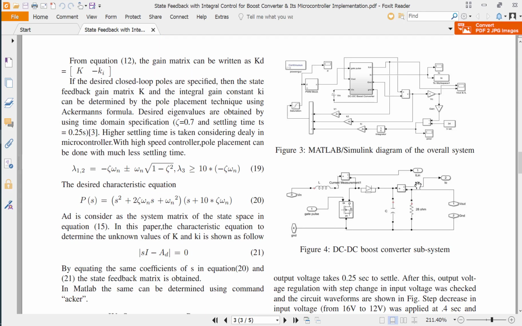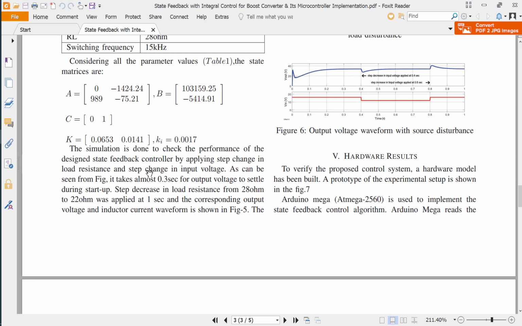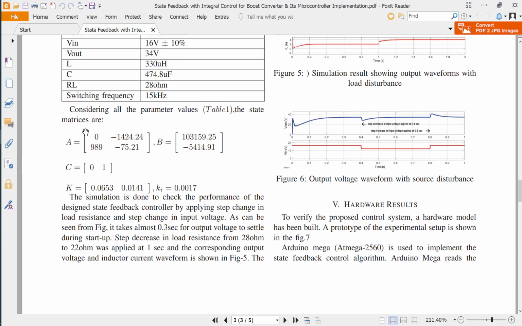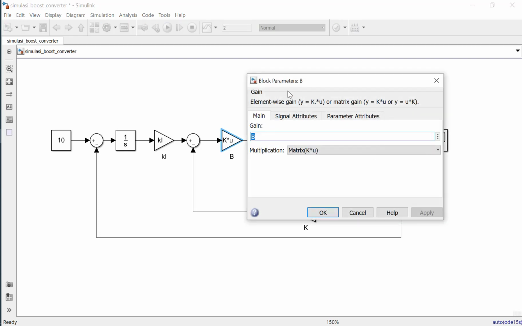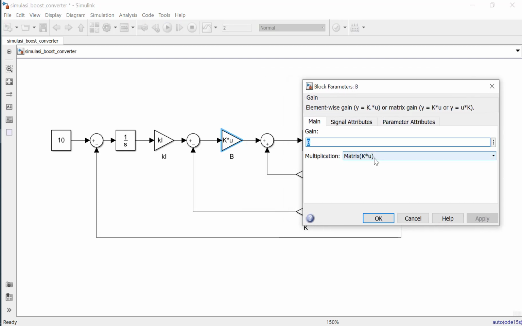Okay, and then we can copy this ABC matrix to MATLAB. I have prepared the simulation here in Simulink MATLAB. This is the P matrix here, and you need to change the multiplication option to the second option, so you can get the matrix multiplication.